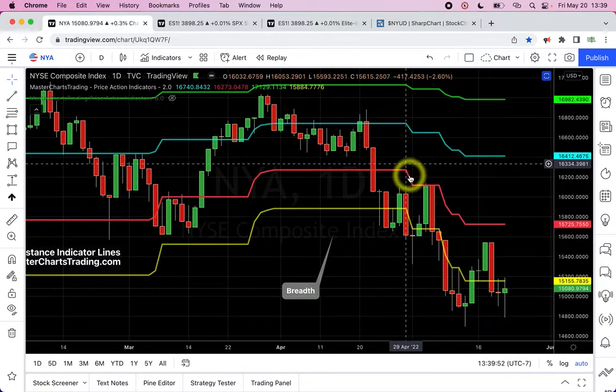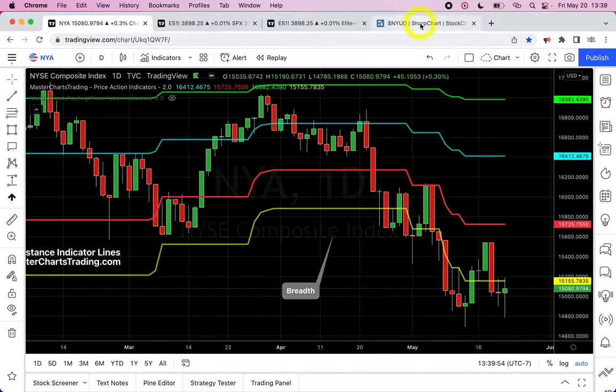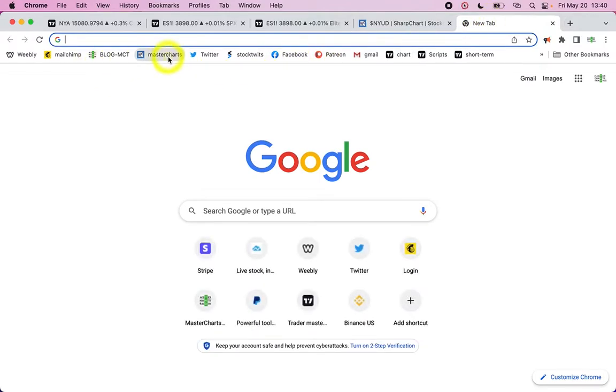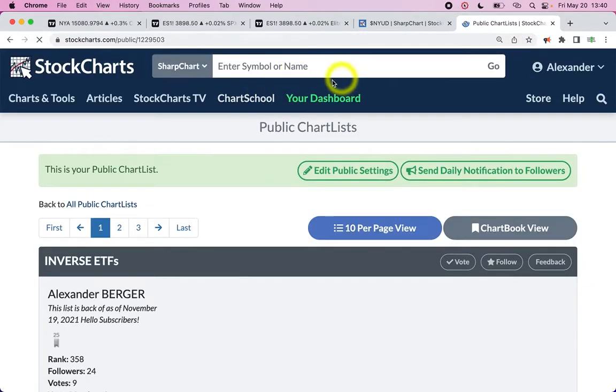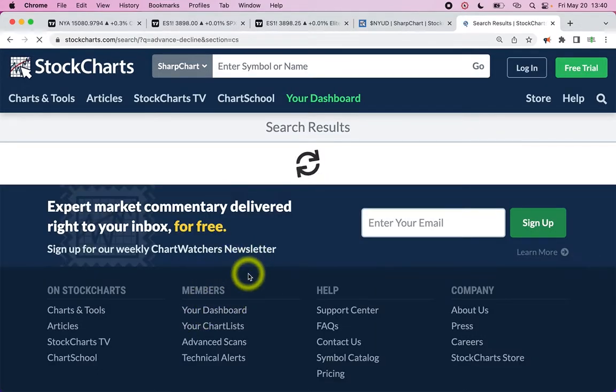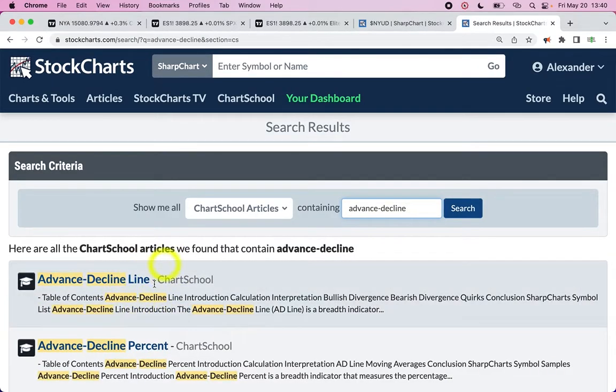Moving on to market breadth. Very briefly, I want to try to cover market breadth. We're looking at the New York Stock Exchange advance decline volume line. You can look up how it's calculated. Go to StockCharts.com, click on Chart School, and then type in advance decline, and there is an explanation of how it is